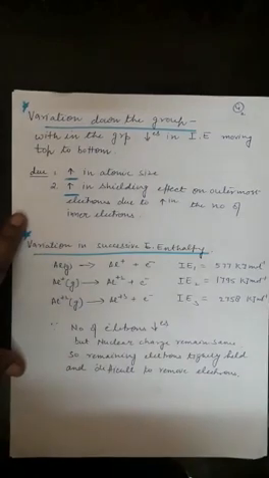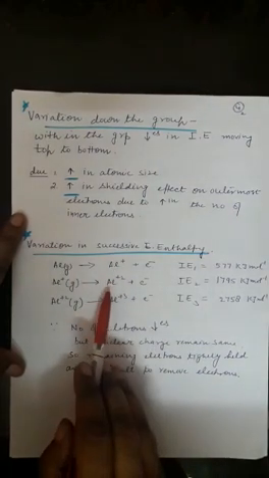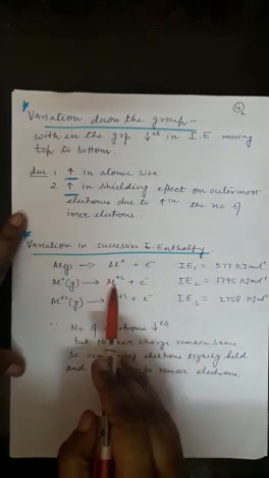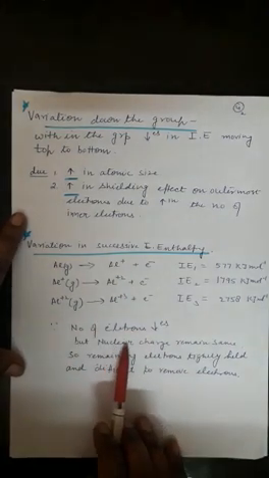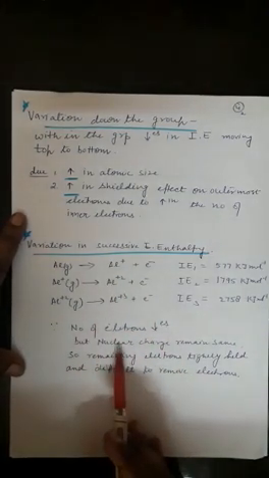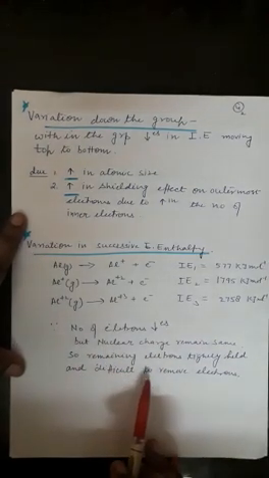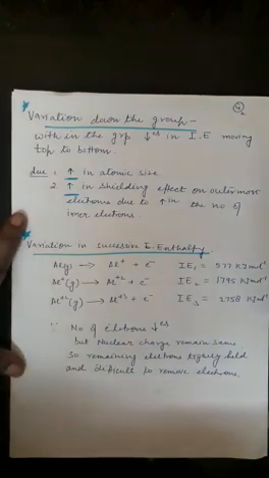If we are taking the example of aluminium, the number of electrons is 13. One electron is lost, there are 12, then another electron is lost, 11, and 10. So number of electrons decreases but nuclear charge, that means number of protons, is the same, 13. So the remaining electrons are tightly held by the nucleus, and it is very difficult to remove the electrons. In simple logic, we can say that if the nuclear charge increases, ionization energy increases.